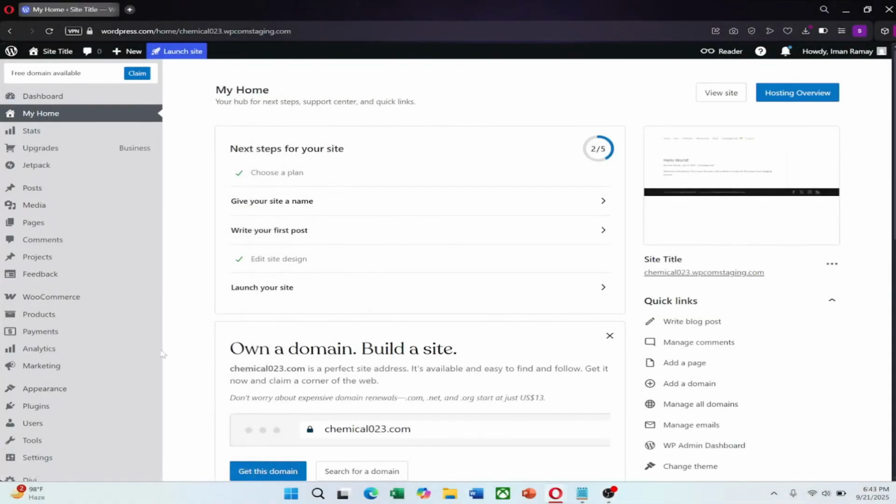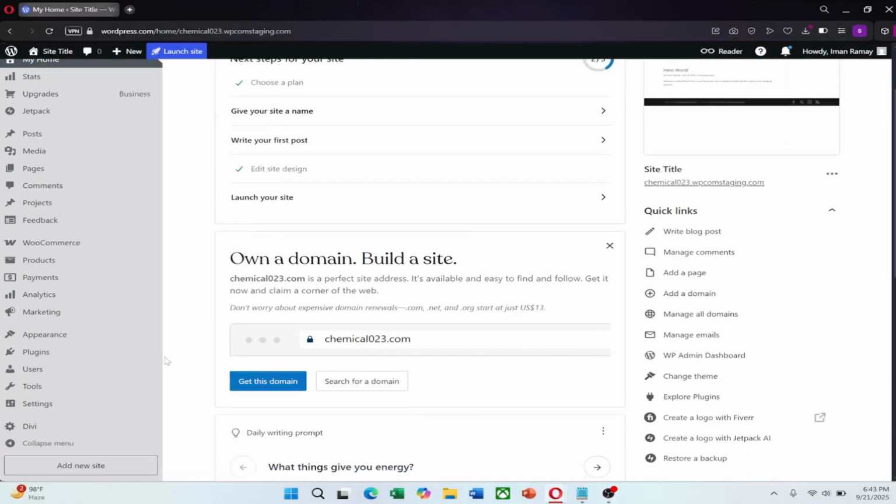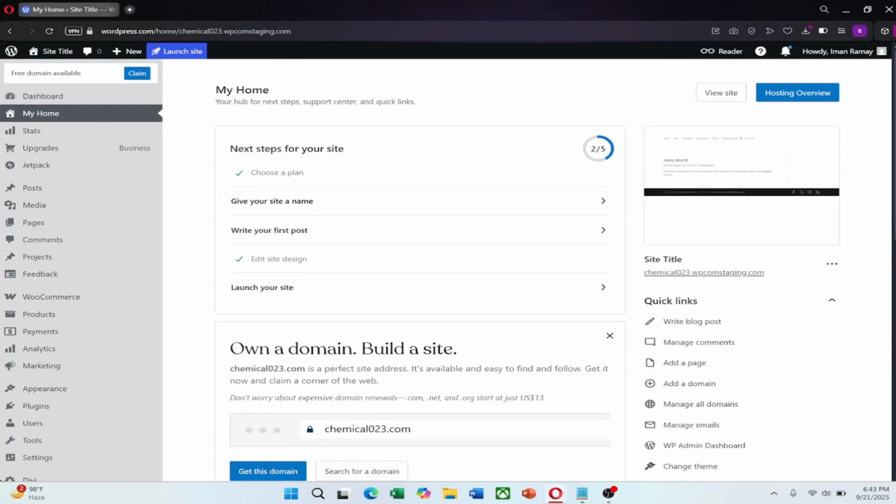Hello everyone, in this video I will show you how to add a gradient background in WordPress. We will be doing this with Divi, which makes it very easy to add background gradients to any section, row,